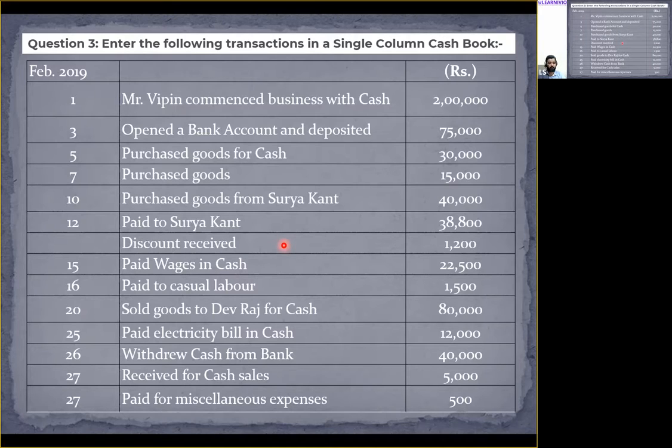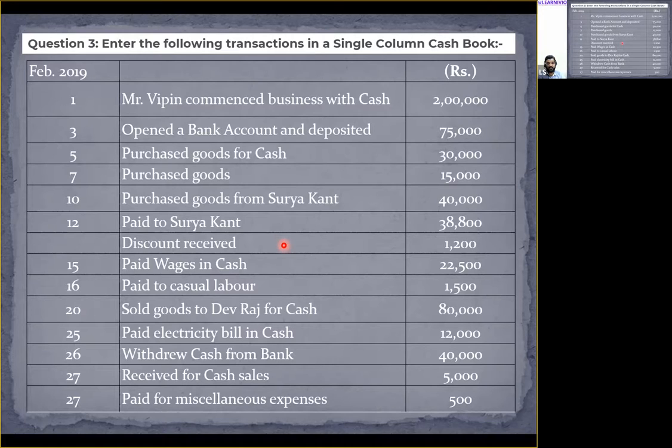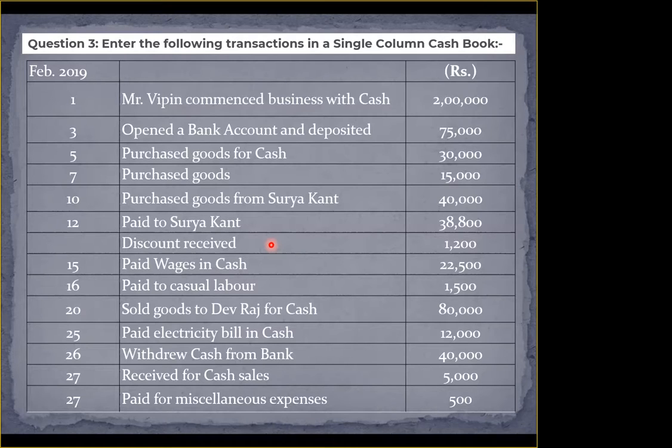Discount is obviously a profit, but the person giving you the discount is not giving you any cash, right? So in case of discount, there is no inflow of cash and no outflow of cash. Let's suppose I want to sell you this mobile phone for rupees 15,000, and you bargain and ask me to sell it at rupees 12,000. So I say, okay, I'll give you 3,000 discount. Tell me how much amount you will pay me now. Only 12,000.